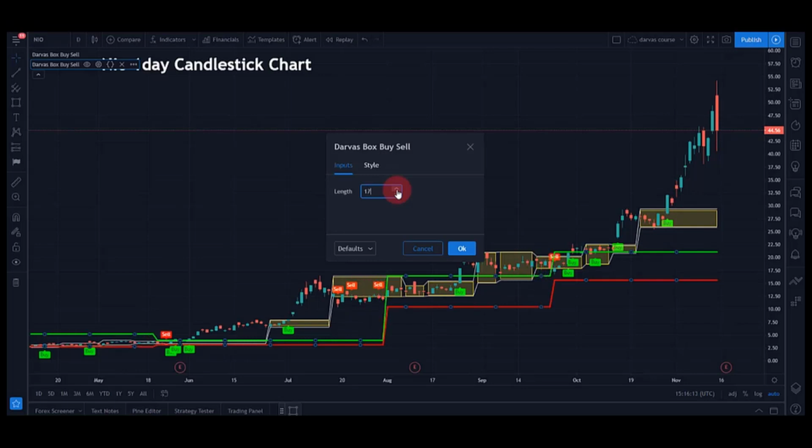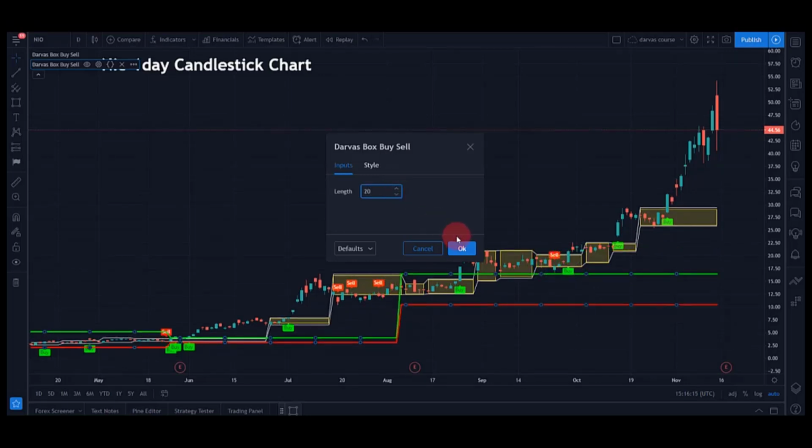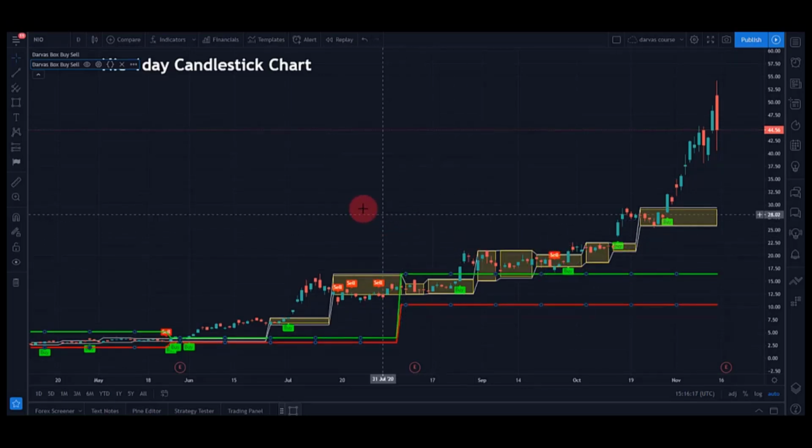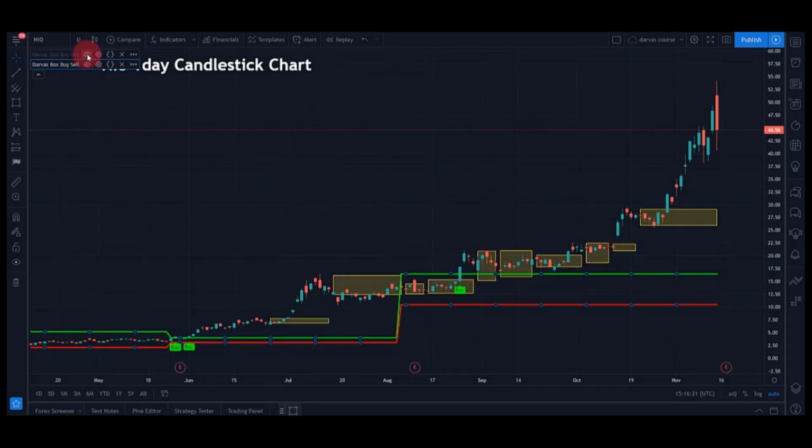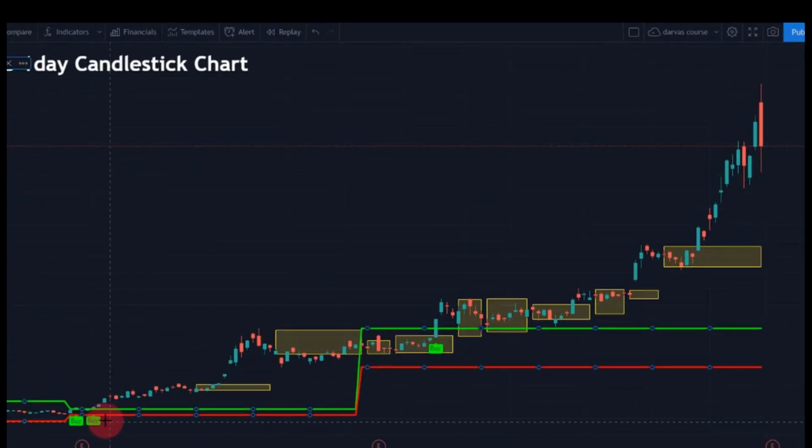Let's take it down to 20. This Darvas never could do this sort of thing. Let's hide the first one, and I've left the boxes on from the other one, so you can sort of see where we were at. But again, we've got a buy here that goes all the way up there, a buy here that just keeps on going. So you've got 2 trades there, and again, this is a